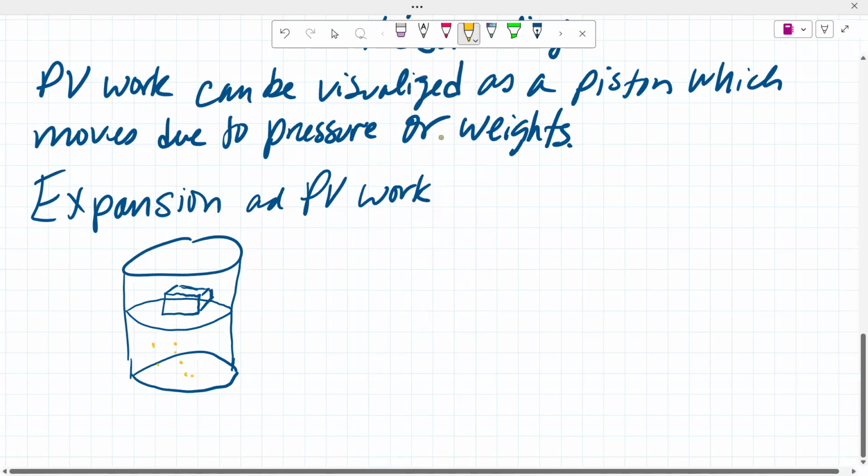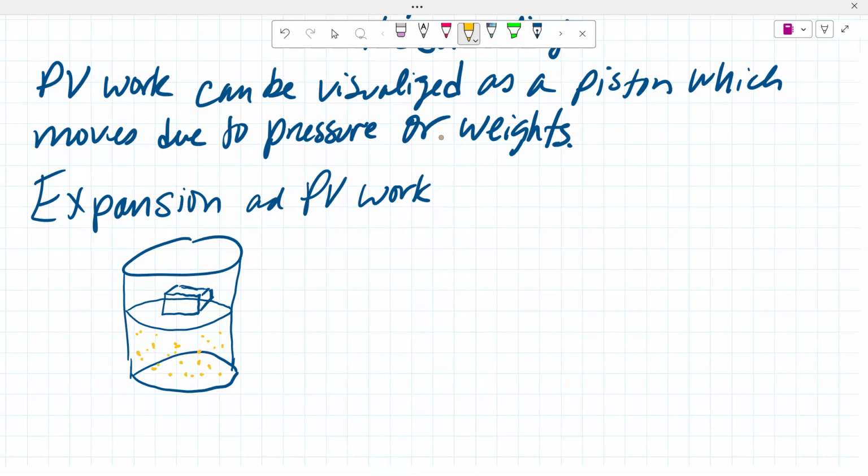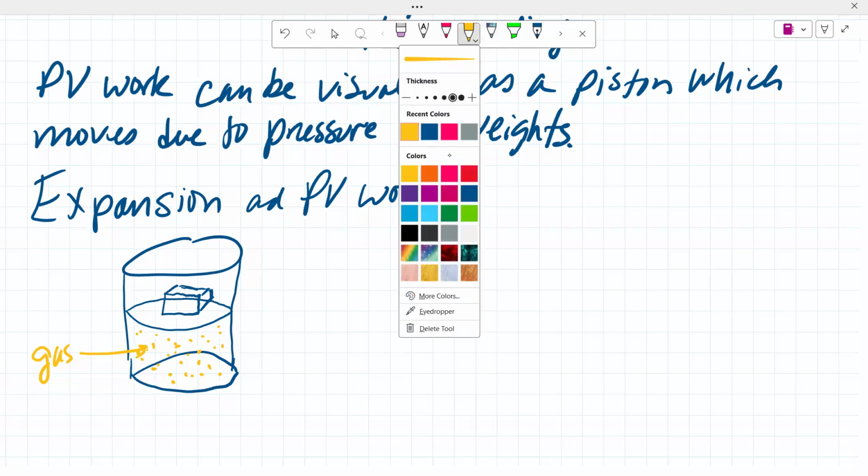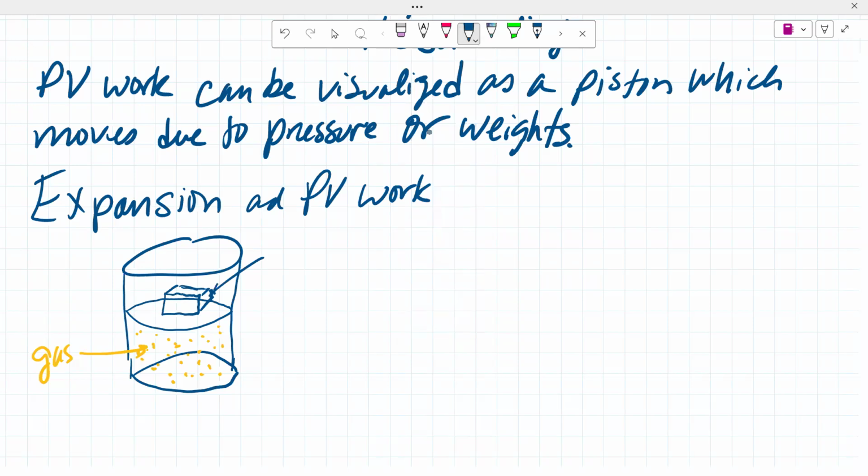And so the gas is compressible, but only to a point, right? When you try to squeeze gases, they push back like a little spring. So this again is some gas here, probably an ideal gas, is very likely what we're going to be thinking about. And here's our weight up here, and here's a movable piston, this disc thing right here.